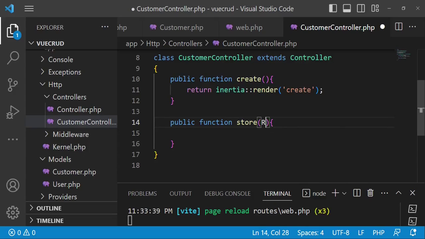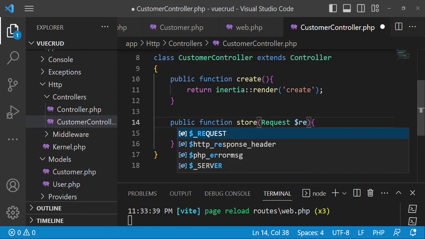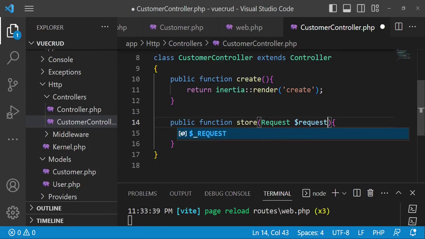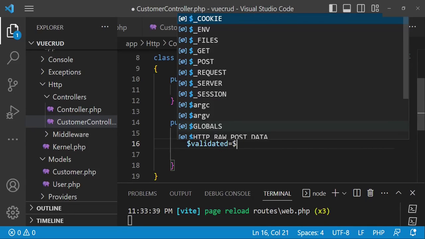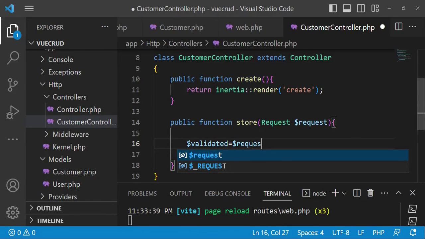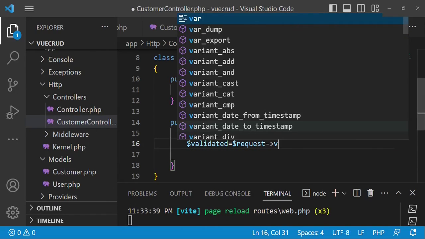In this case, I can use request, and then we can do validation just the normal way we do it in Laravel. So we are going to have a validated variable, and we are going to say request validate,